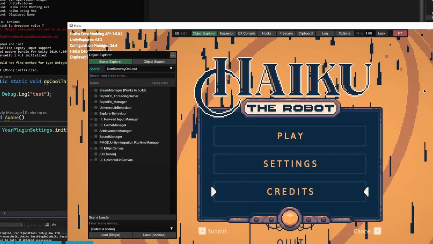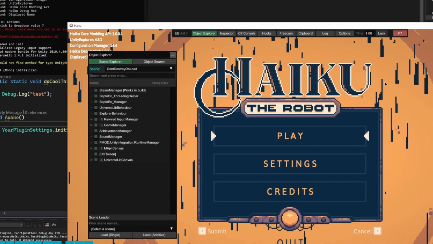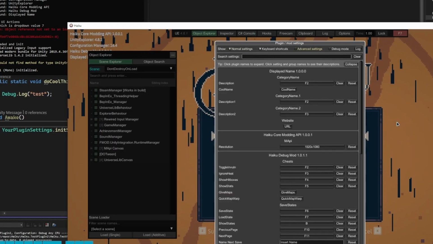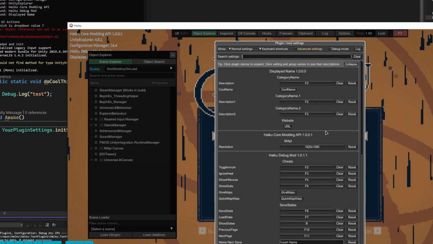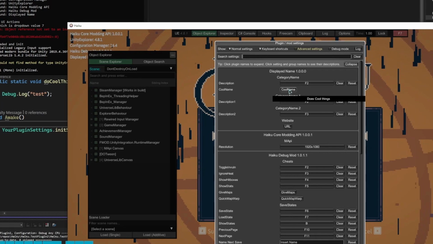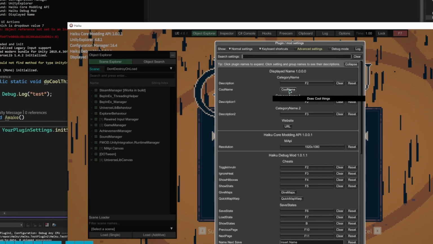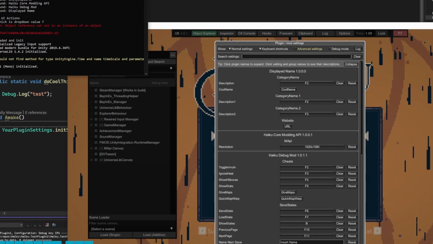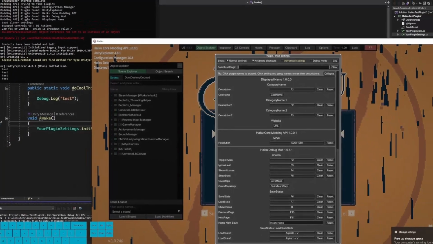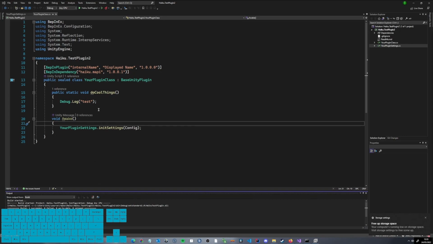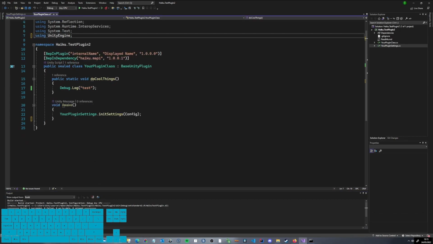That's pretty much that. If you look at our menu, we can see we have our little category names. And we have our button with our description, which should just log test down here. So that works. And yeah, that's how you use that.